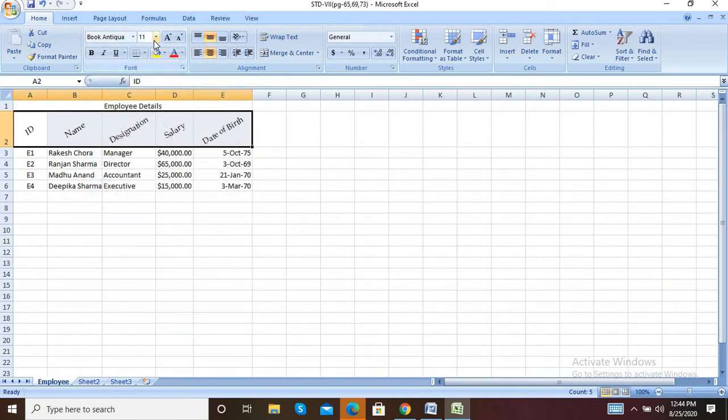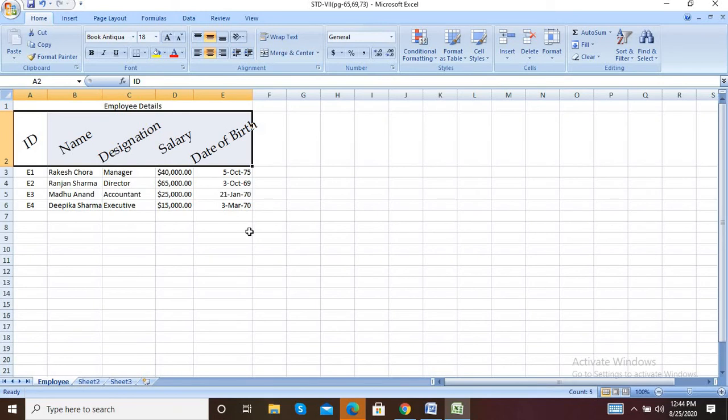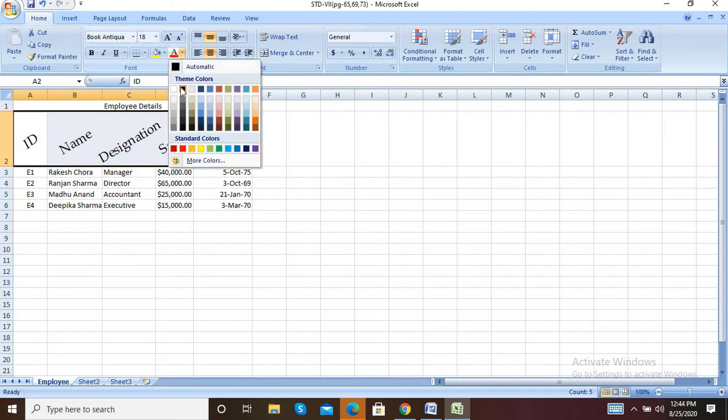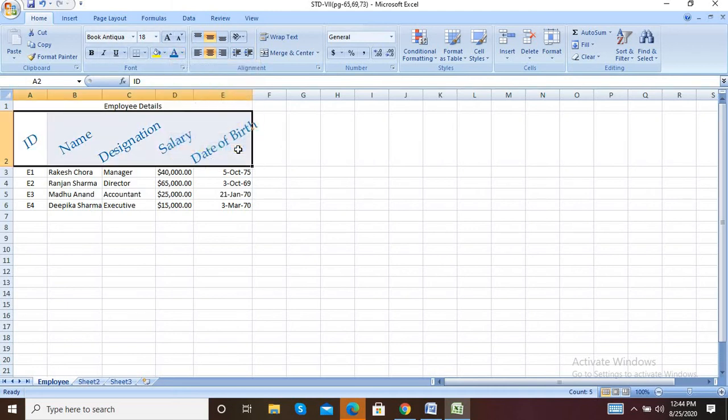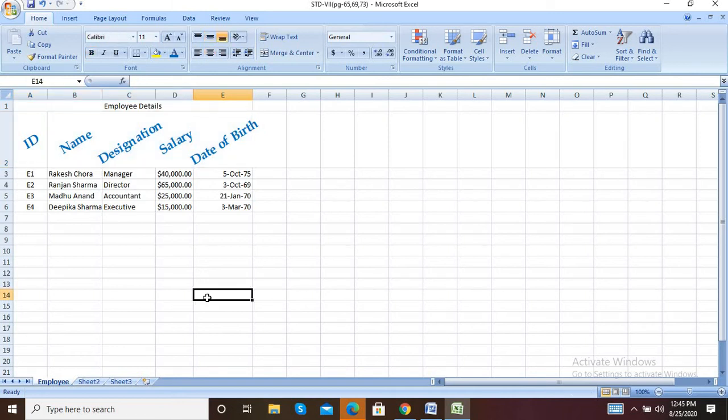After that, the font size should be 18, and then the font color is blue. So select the blue color also. Okay, and style to bold. So click on bold also. Next thing, click OK to apply the setting. So we are applying this setting.